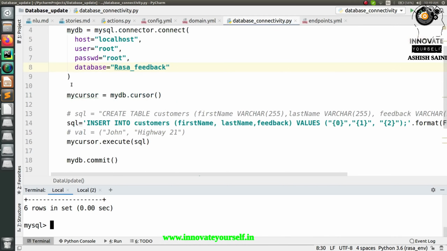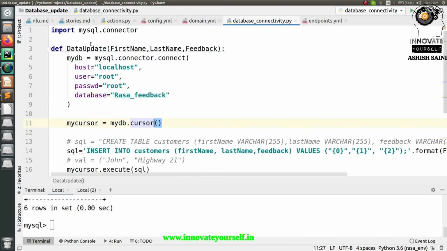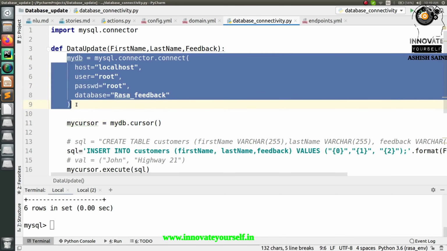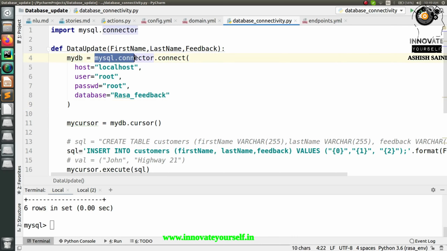As I have already said, I'm going to use this mydb.cursor. I'm going to create another object with respect to this mydb, which says that you are going to perform all the operations with respect to this database which you have called as per this command, mysql.connector.connect. This will directly link you to perform all the changes in the localhost database, where the password is root and the user is also root, right?